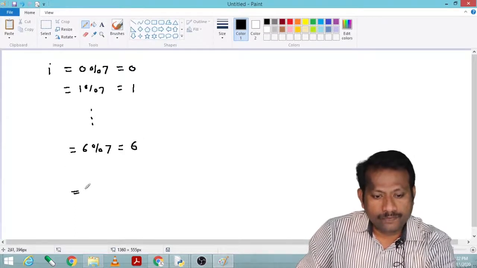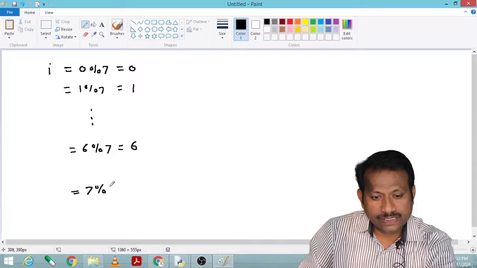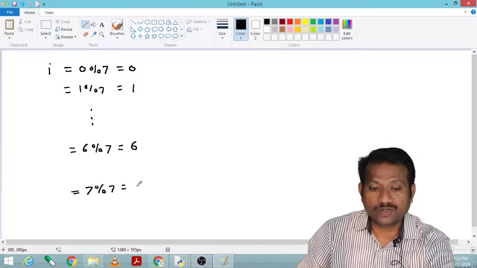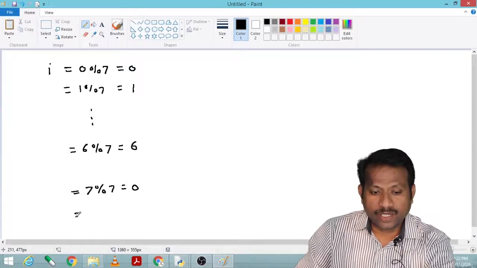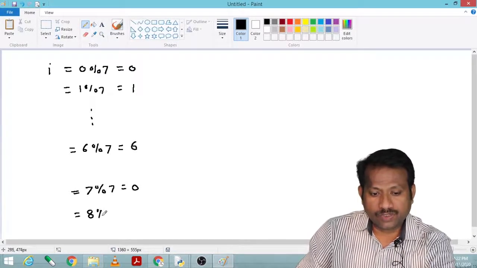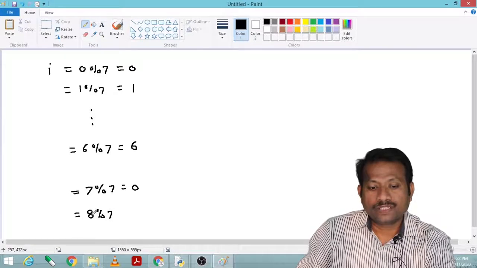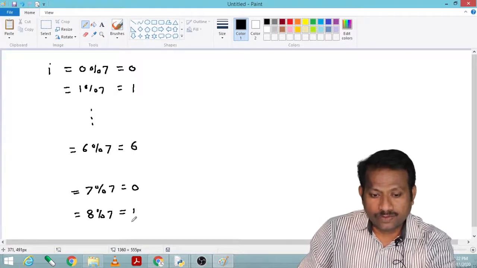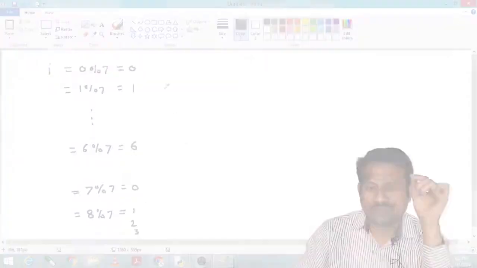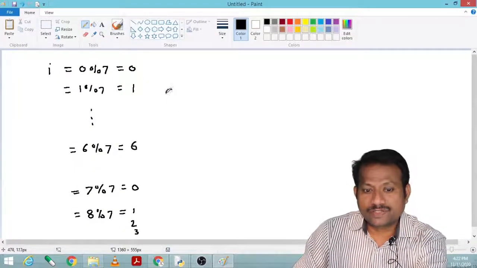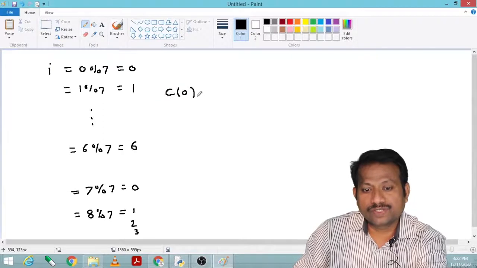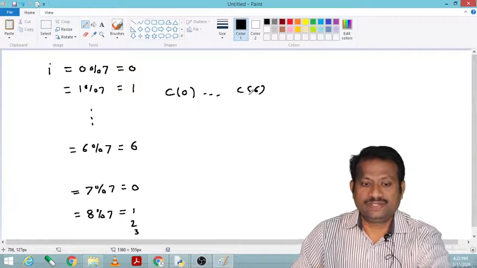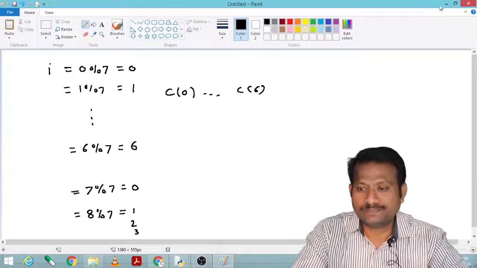And when 7 modulus 7, 7 is completely divisible by 7, so it will give me 0. When it becomes 8 modulus 7, now 8 divided by 7, the remainder is 1, then 2 and so on. So this is the logic by which C will change from C of 0 to C of 6. So we are using this logic here.